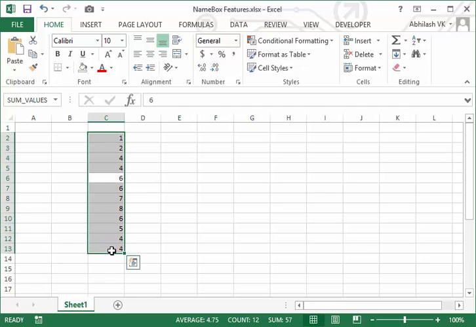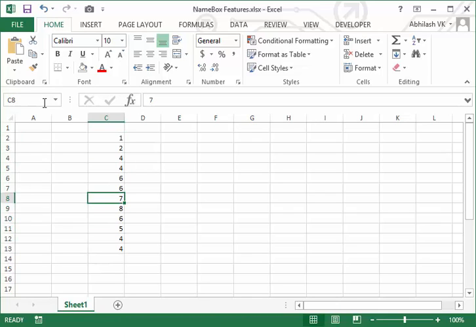Say for example, C8 is the active cell. I want to come back to the active cell without selecting the range. Just mention RC and don't use control or shift button, just hit enter so that this active cell will remain as is.